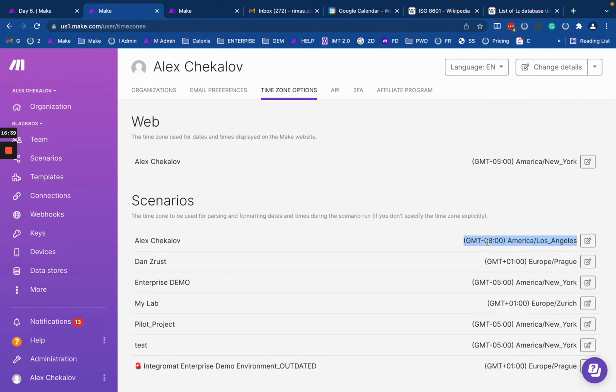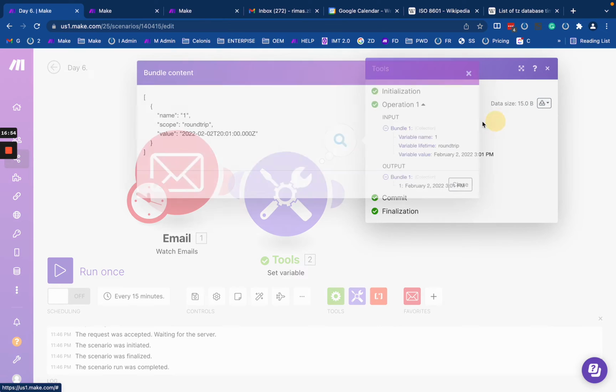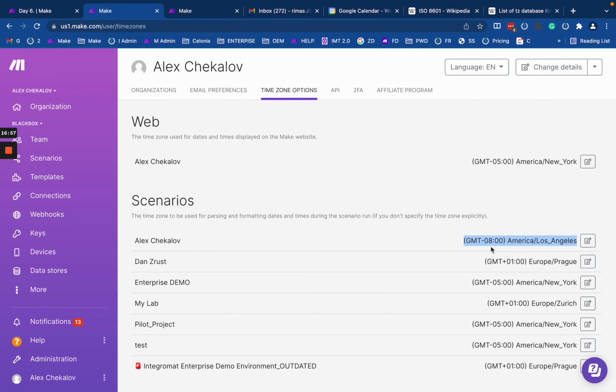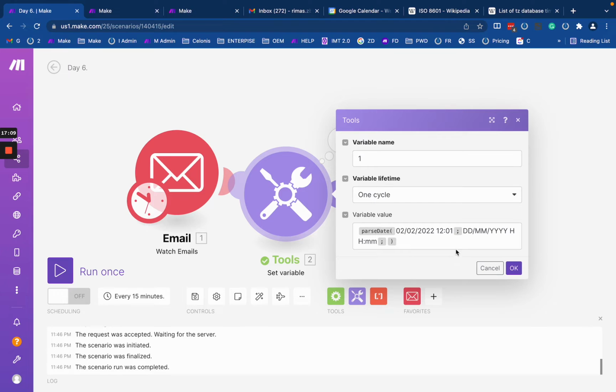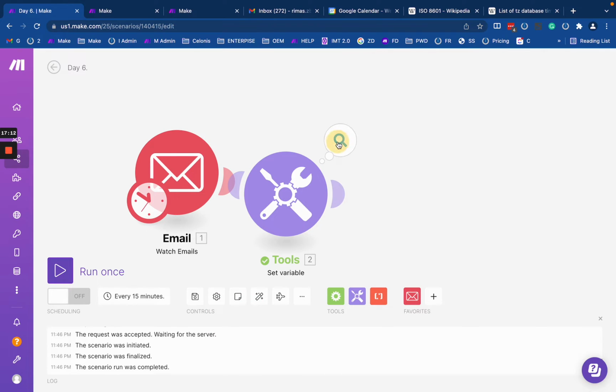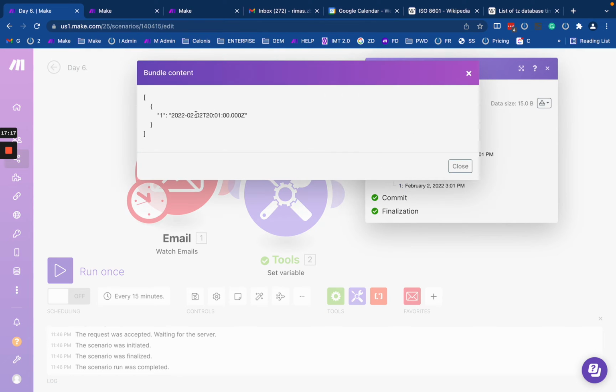As you see, it's super confusing, and you should be super careful because you may miss this 1 hour back and forth with the time zones and everything. It still uses the time zone that is set in our settings here, and it converts the date to that time zone. So this is important to understand. It uses the time zone from the settings of your scenario and takes this time and converts it to some value. The most important thing from this whole video that you should remember is that the value of this variable